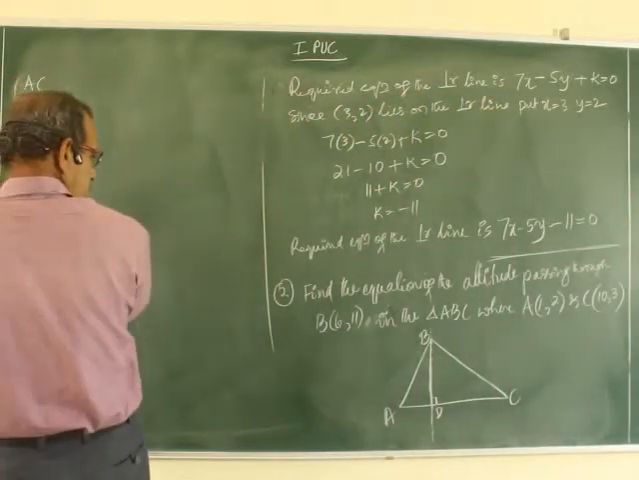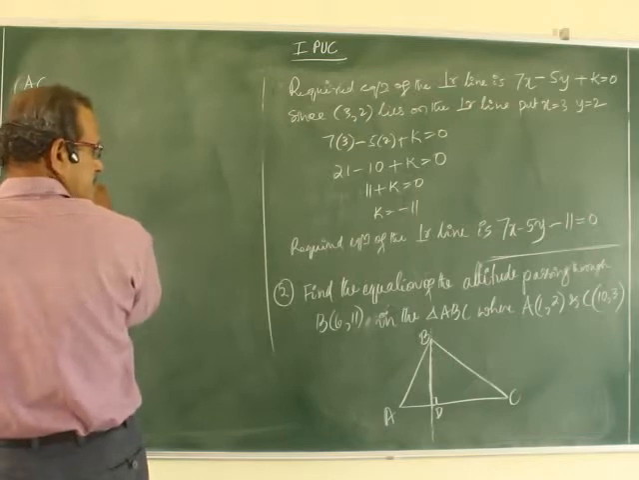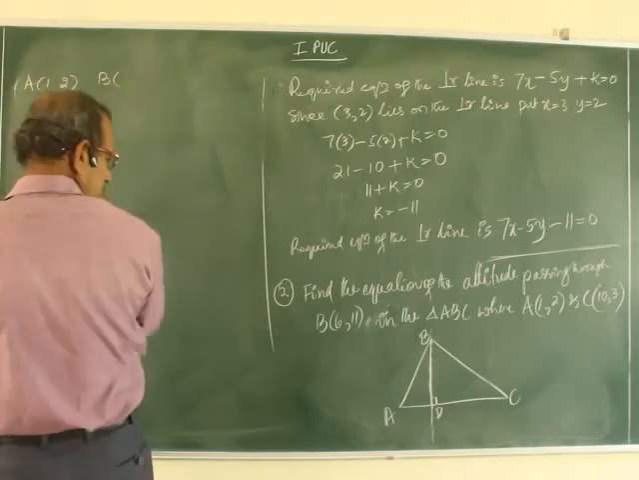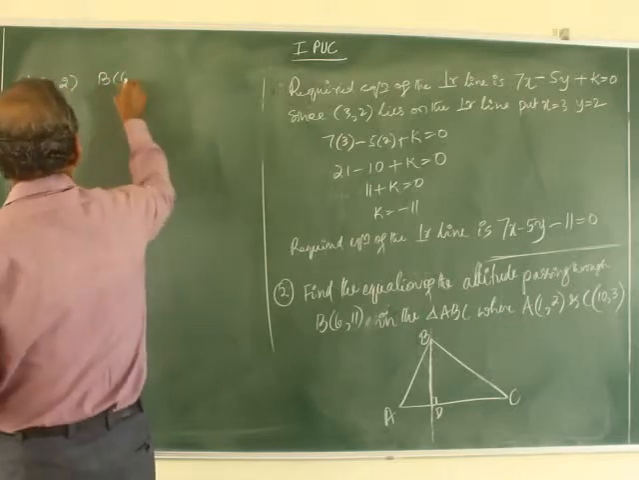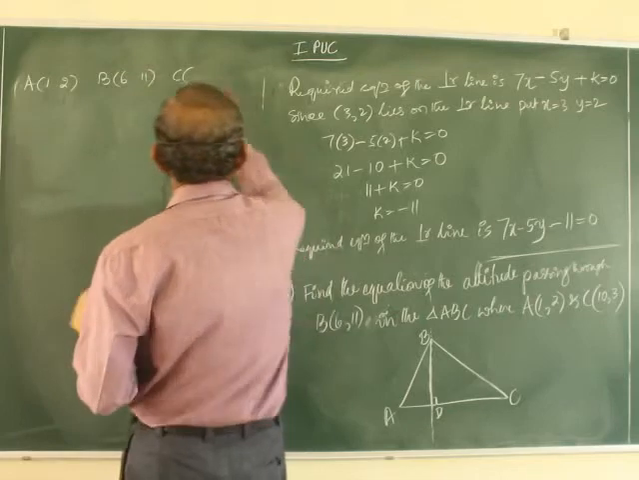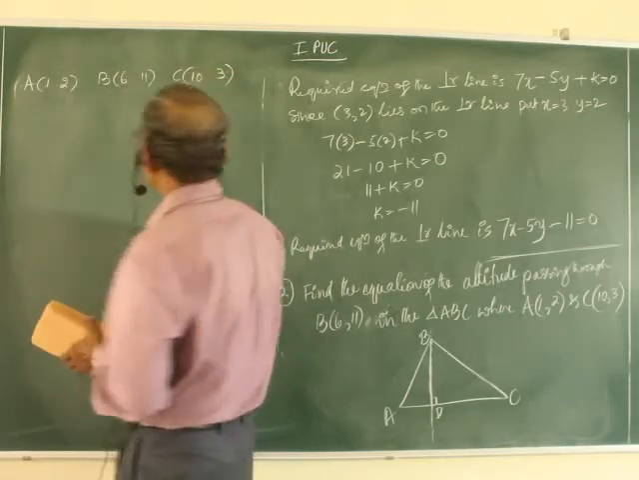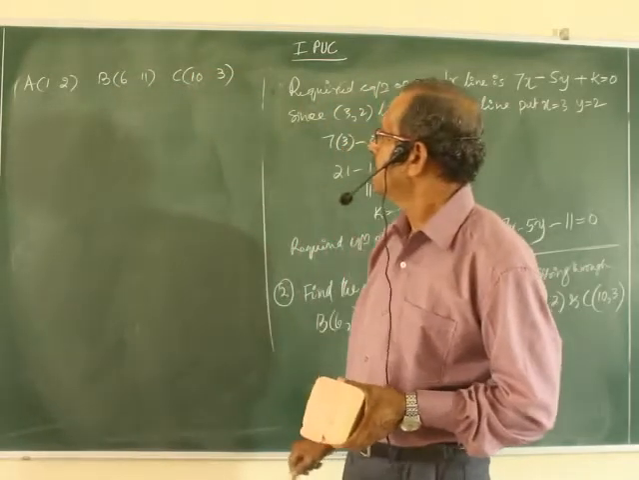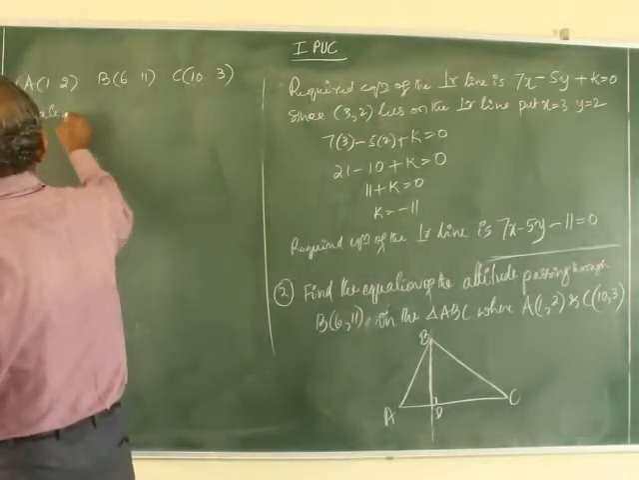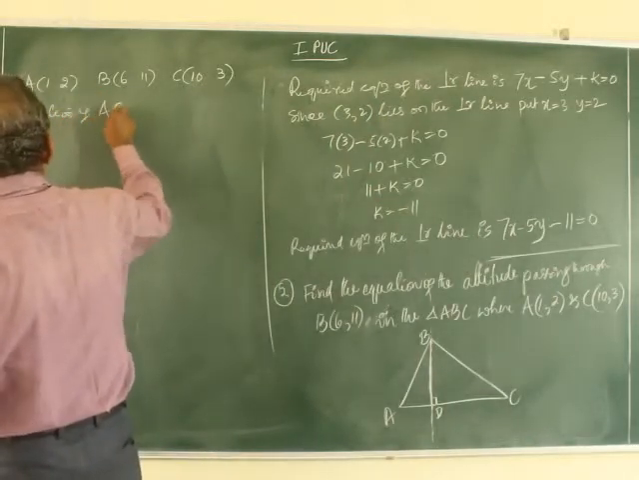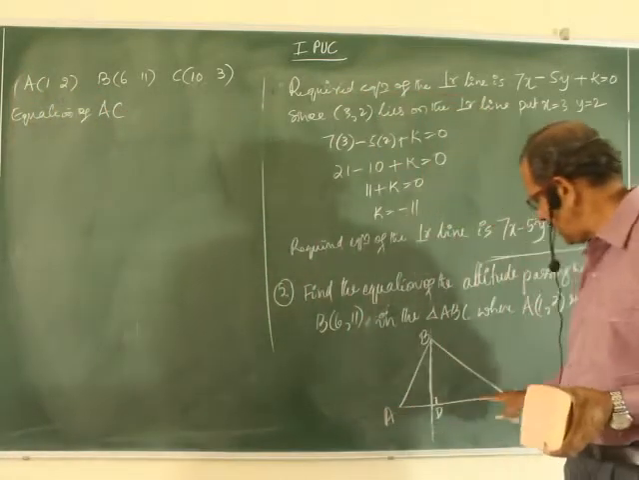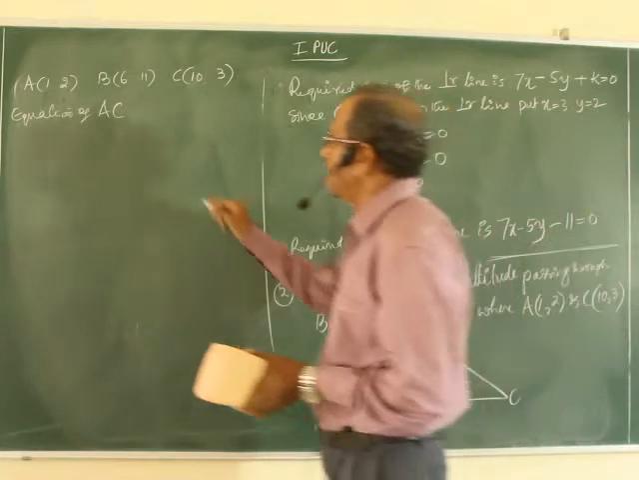A is (1, 2), B is (6, 11), C is (10, 3). Right? Now, equation of AC. Formula is